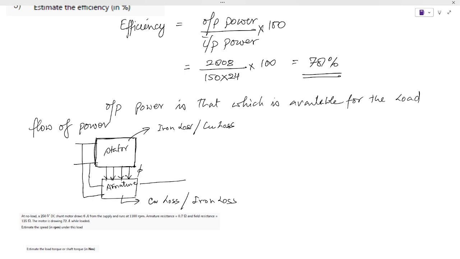Then after that this armature power will have some friction loss, and when the rotor starts to rotate there will be some windage loss. After subtracting all this from the input power,